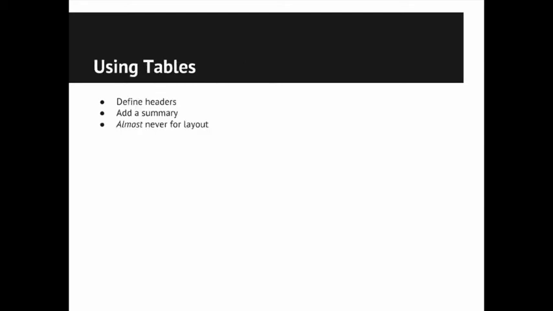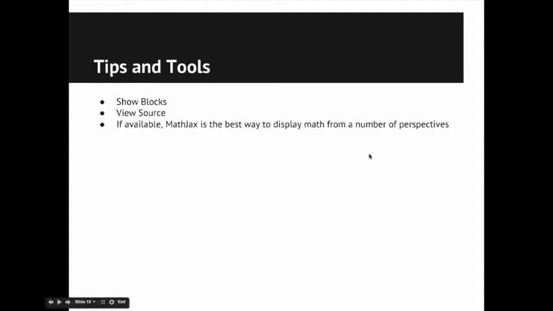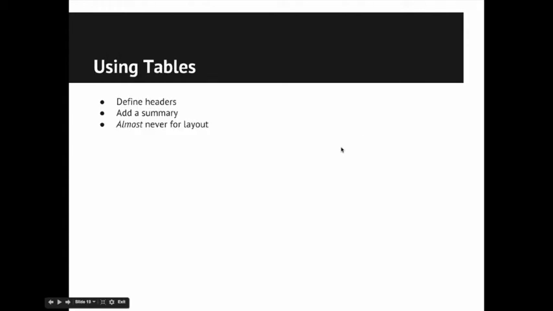Use of tables. It's important to give the structure to a table. You can sense I'm hurrying a bit here to make sure that we match our promised timeline. Having a header defined in that table is important, which is an option inside CK editor. You can also add a summary to a table in the CK editor by going into the table properties. And you should almost never use a table for layout. So if you need something in a column layout or a grid of some sort, there are ways to,